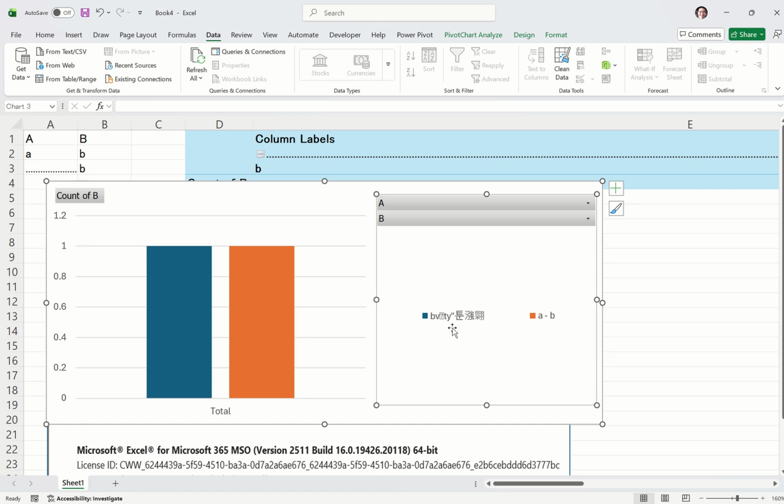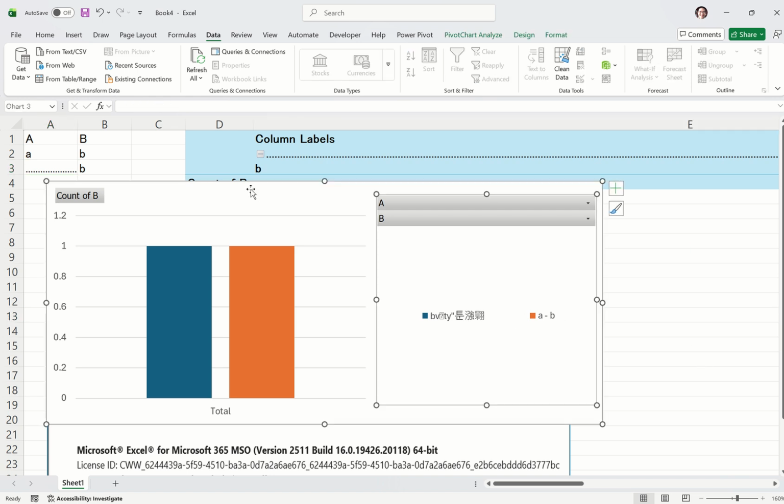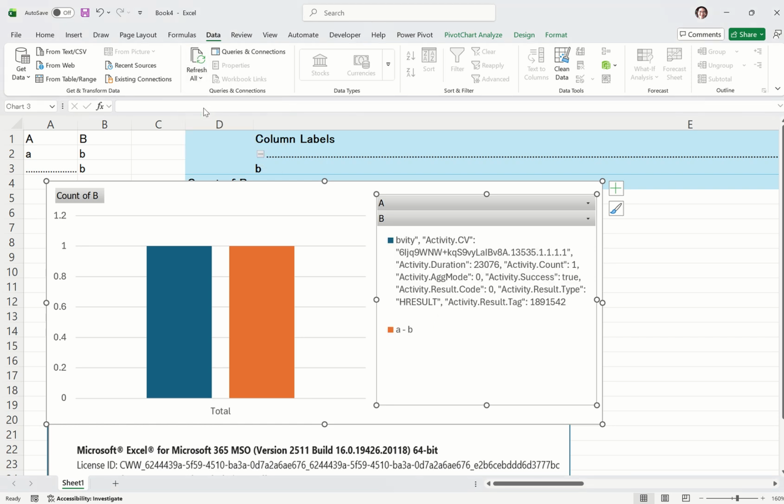It should show the name of the series, so it should be 300 dots, but it's showing something different every time I refresh. What is